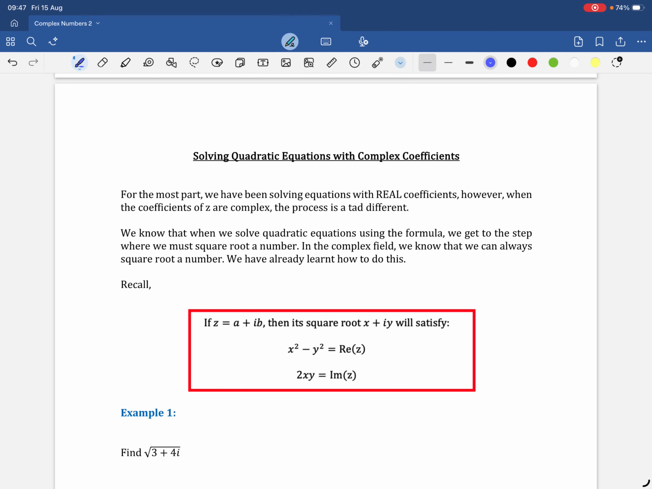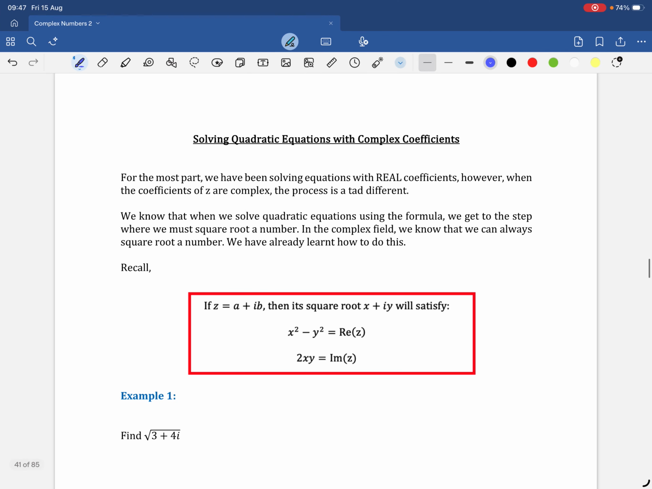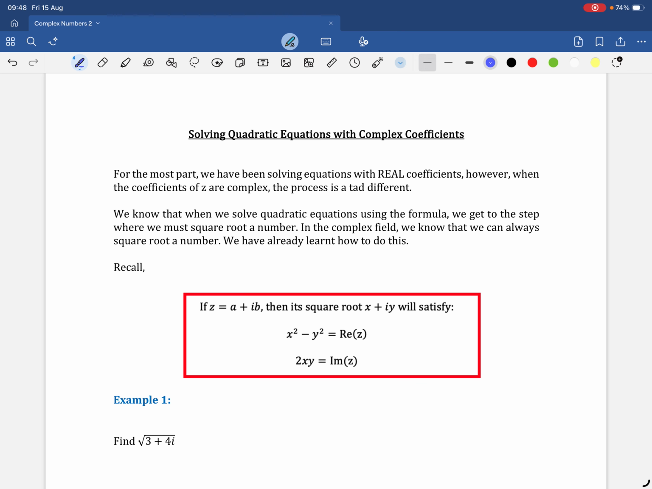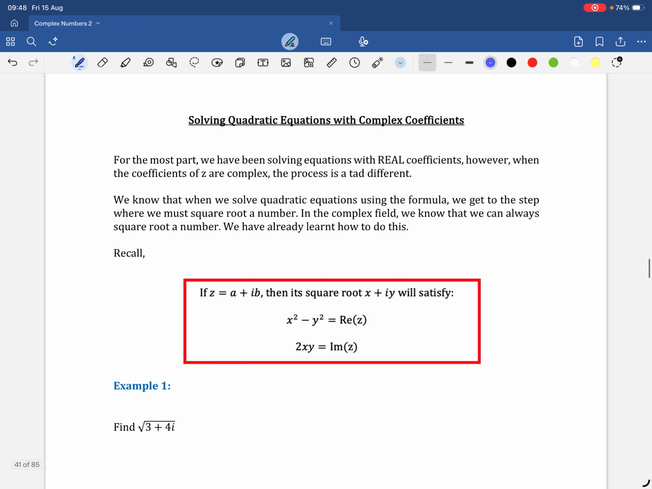Alright, today we're going to be solving quadratic equations with complex coefficients. For the most part, we've been solving equations with real coefficients. However, when the coefficients of z are complex, the process is a tad different. Now, our normal methods actually will still work. The method that you see in the red box will still work, but it's going to be a bit